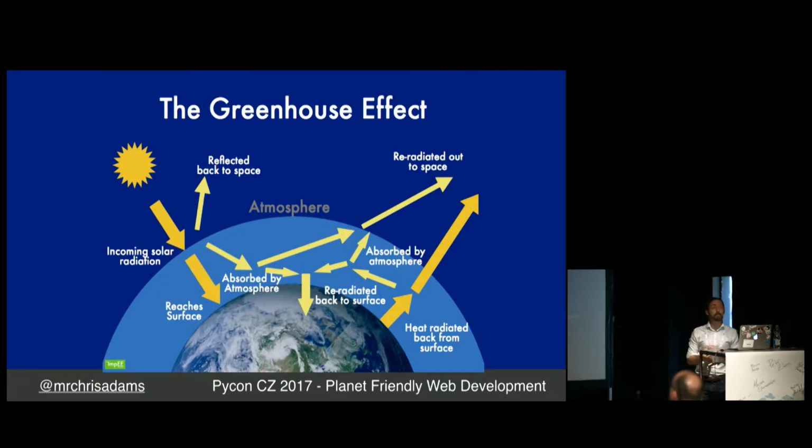So I'm just going to make sure we're all on the same page here. I'm going to be mentioning carbon dioxide a few times today, so I'm going to start with just a brief primer on the greenhouse effect. So we've got the sun here. Sunlight hits the Earth, which ends up warming the planet, which is good. Then some of it bounces off, which makes the planet visible.